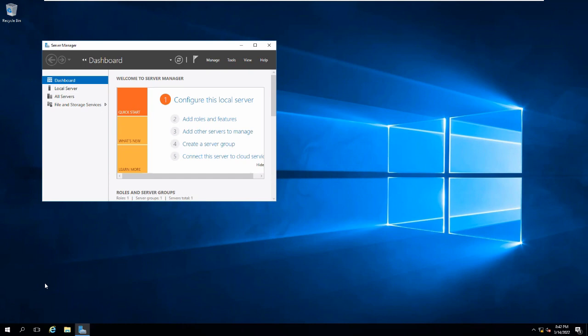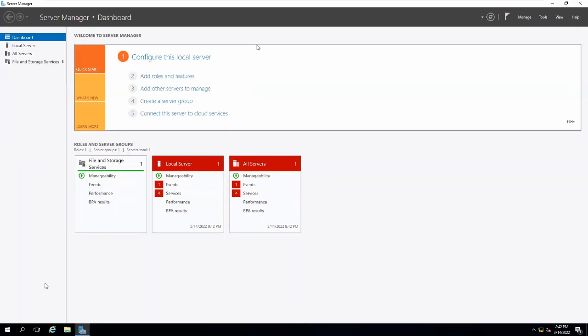Right. So now we have the installation successfully done, right? The next thing we have to do is perform the basic configuration, right? So what are the basic configurations that you will have to do?